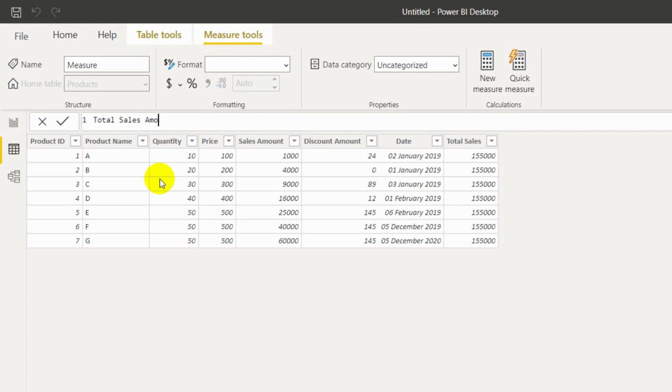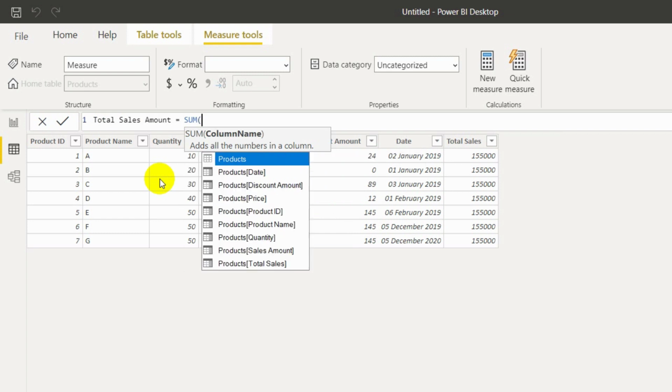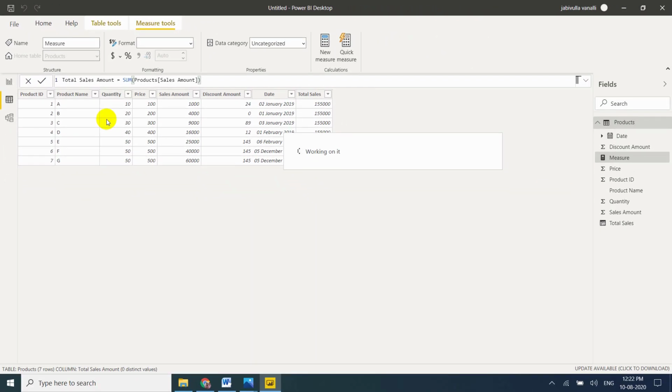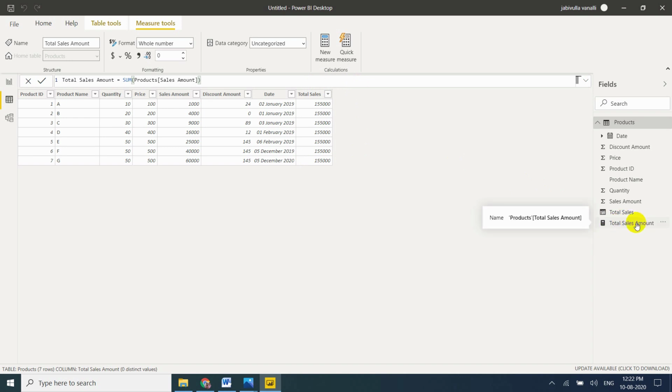Total Sales Amount equals SUM of Products Sales Amount. A calculated column adds an extra column to the existing table, but a measure value is stored in the buffer. So let me show you.